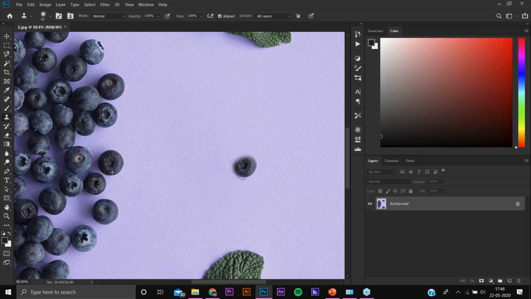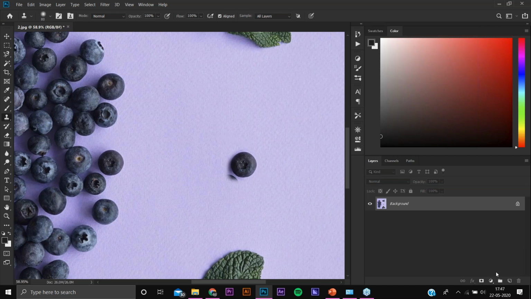So as I do it, it would be creating a duplicate of that blueberry, and I'm trying to make it more precise, but okay, it's fine. One thing which I forgot to tell you, that we should always switch on the layer.